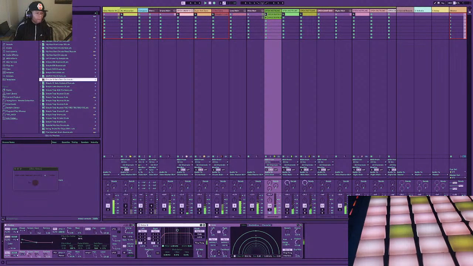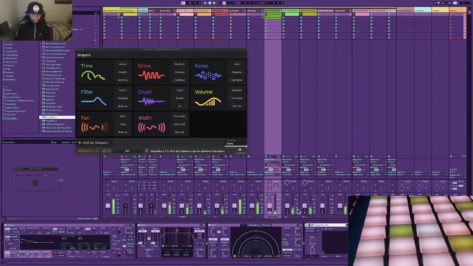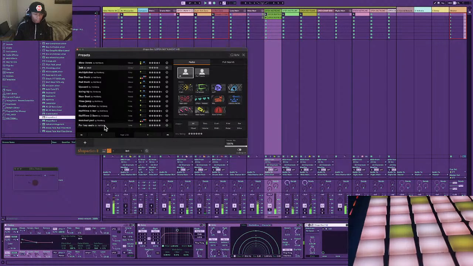So what I'm gonna do now is go ahead and get a shaper box over here. I was supposed to stay native to Ableton's effects today, but I'm in the mood to hear something good. So let me go ahead and get my shaper box, because I'm gonna cut this thing up a little bit. I don't want it to do everything it's doing like that. So we're gonna go get like a little